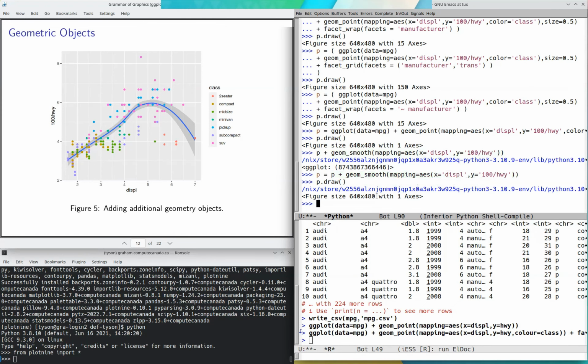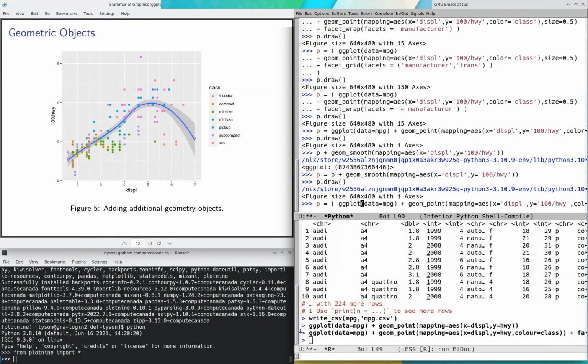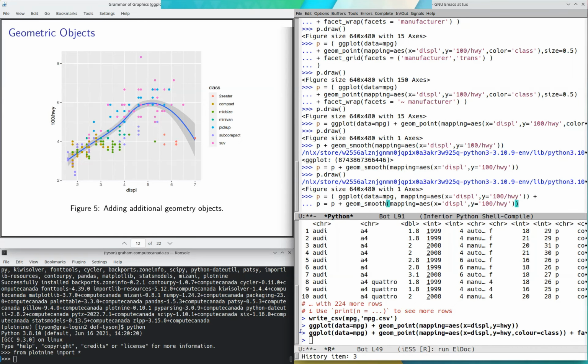Yes, and this also brings up another issue. As I said, you can see I'm specifying the aesthetics, displacement over the highway miles, and I've got the same aesthetics specified twice. So this would be a typical example where we go back to this and put this whole thing in here again. So P equals ggplot. This might be the sort of case where we actually want to specify some of this stuff up front. So we can set those as the default aesthetics. And then to that, we can add